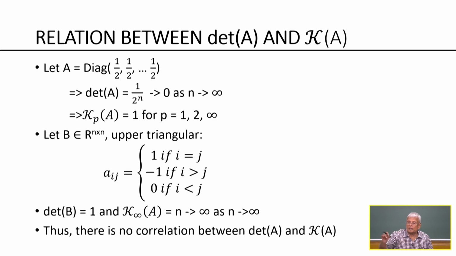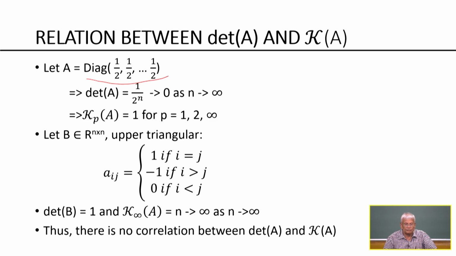So, relation between condition number and determinant: one does not imply the other. If you take a diagonal matrix with all entries half, the determinant of that is 1 over 2 to the power of n, but the condition number is 1. So as n goes to infinity, the condition number remains the same, but the determinant goes to 0. With me? So this goes to show that there exist matrices for which the condition number and determinant are not